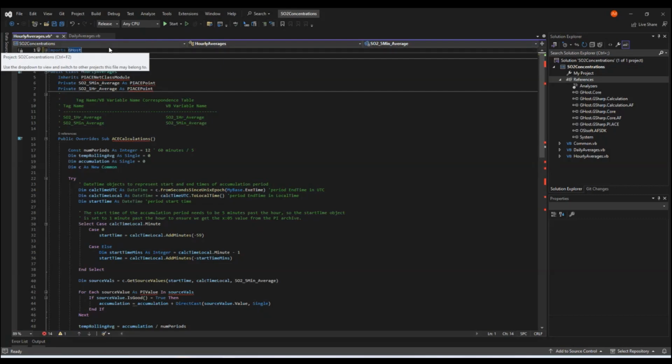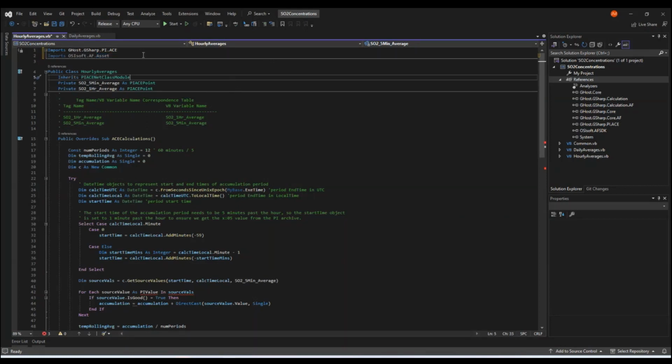change to our Ghost assembly with the gSharp namespace and the PyAce reference. And instead of the PySDK, we're going to use the OSIsoft AFSDK. And in this particular case, we need to use the asset namespace because I will show you when we get down to the relevant code. Having added that